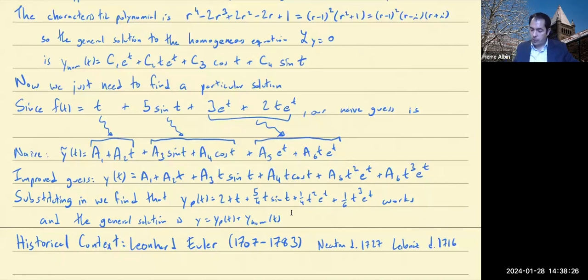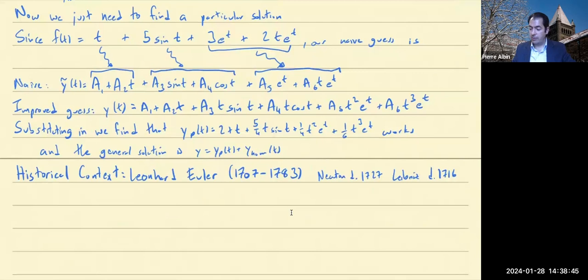So Euler's life overlapped with theirs, but he wasn't really a contemporary. In fact, the year Newton died was the year that Euler was finishing his studies. So they didn't really overlap in terms of academic work, but you can see that Euler is like the generation right after Newton and Leibniz